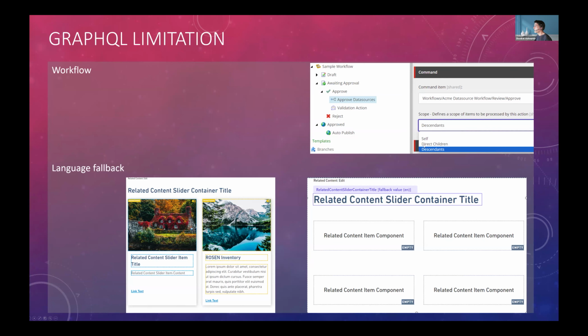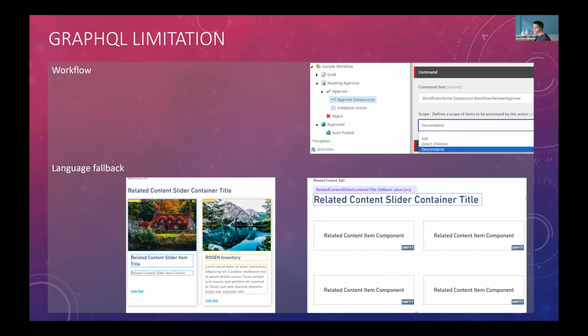That means it can move all of the children or all of the descendants with the parent item when the workflow is executed. So there is a solution for that, and it depends on whether you create the correct item hierarchy.